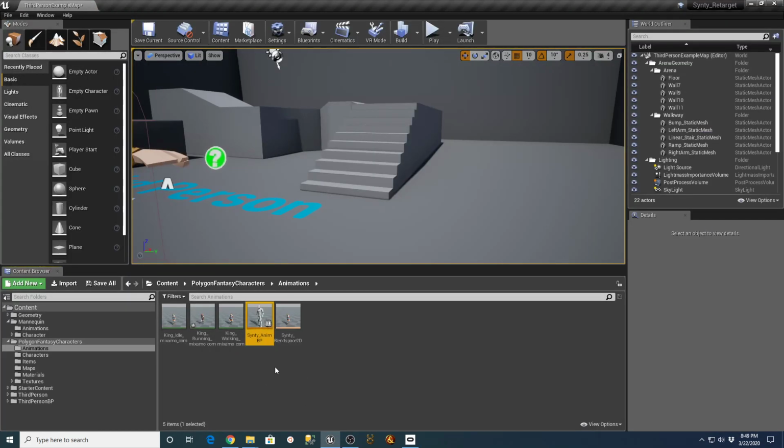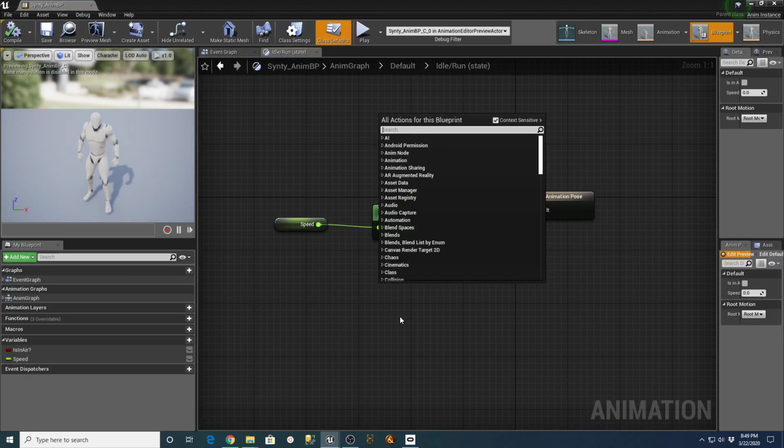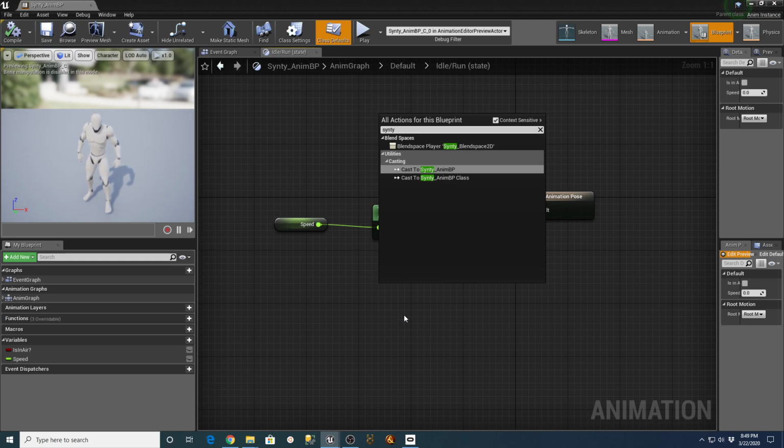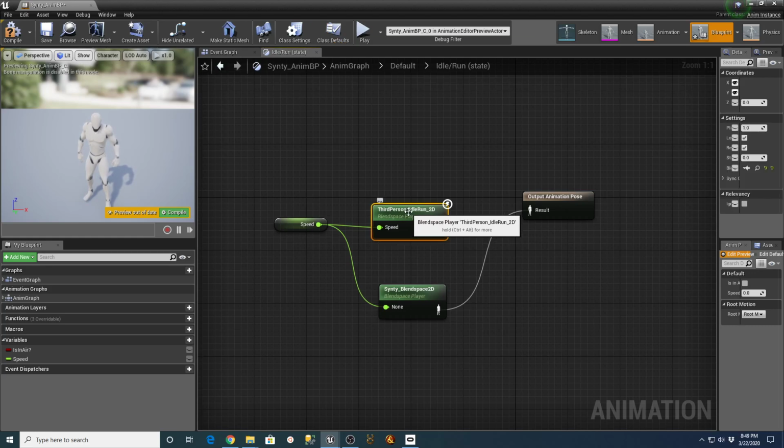And what we want to do is go back into the animation blueprint, and we're going to change this. I think if I just type in Synty, it pulls up my blend space player, and then I can just reconnect these nodes. So I'm going to come off the speed node into that node, and off of the animation pose into the result. And then I can highlight that and delete it.